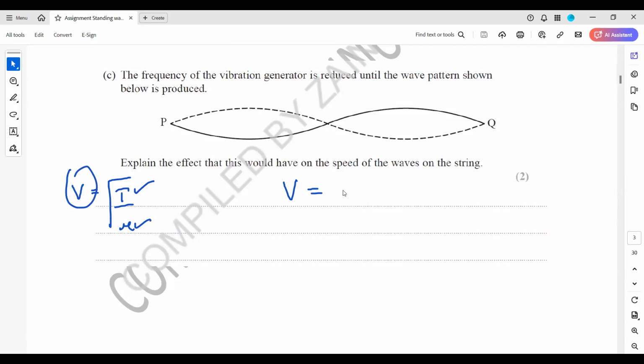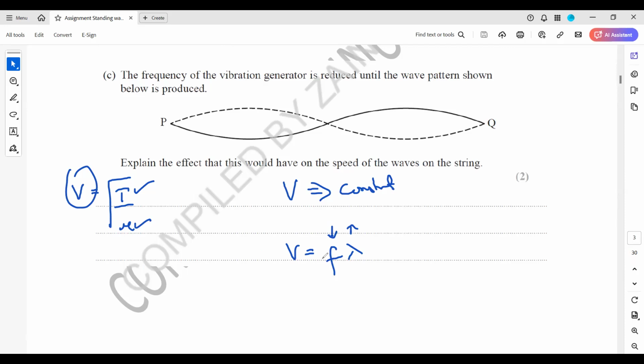So speed will remain constant. Speed will not change. And how will the speed remain constant? Because we are not changing the tension or the mass per unit length. In terms of frequency and wavelength, speed is frequency multiplied by wavelength. So if the frequency is reduced, the wavelength will increase, but the product will remain